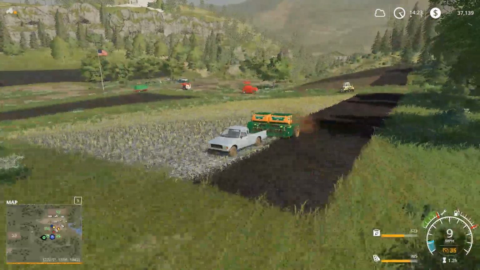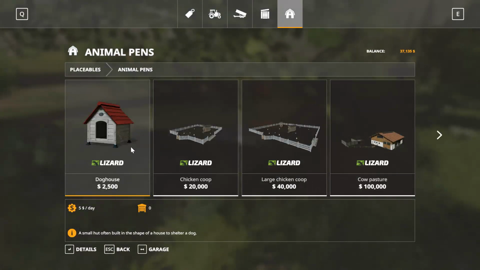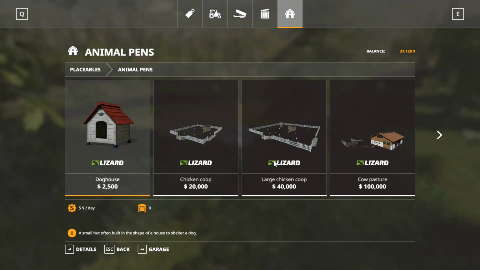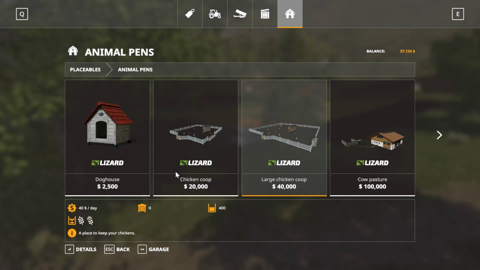Huh. Maybe I should invest in some chickens. Chicken coop is 20,000. Large chicken coop is 40,000. Oh, I don't have enough money. That's right. So,